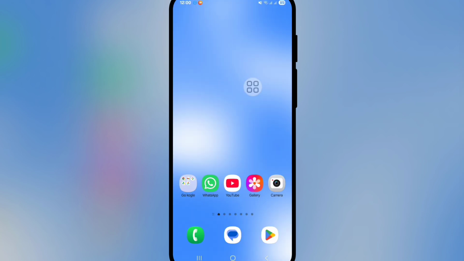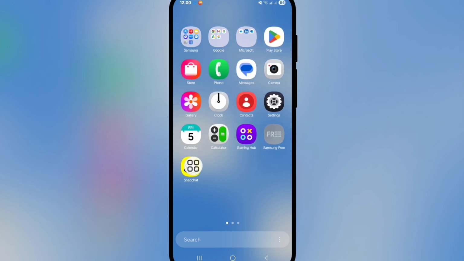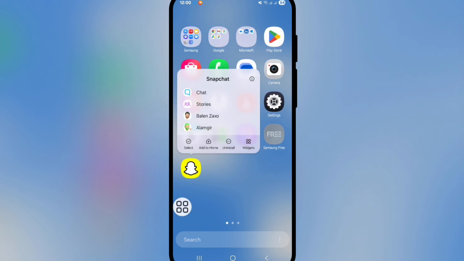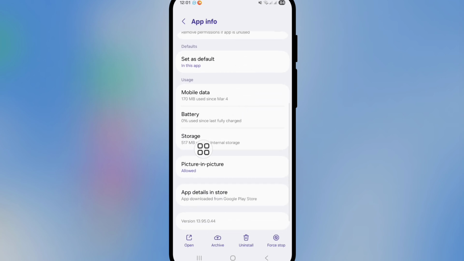After completing update process, now find Snapchat apps and then long press on Snapchat apps. Now open Snapchat app info, click on I button or app info, scroll down, go to storage option,